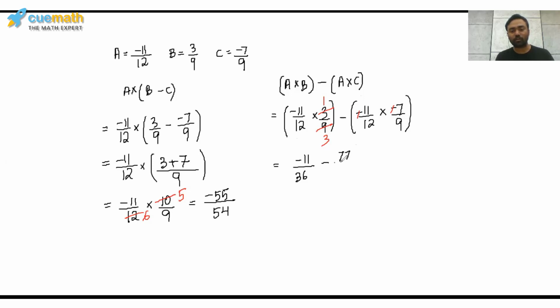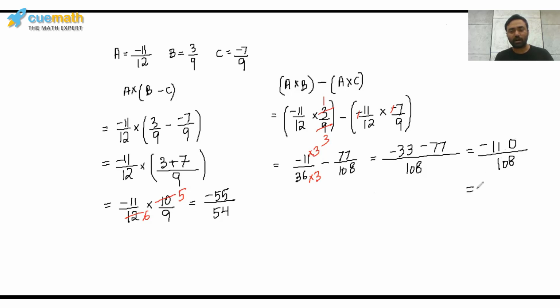which would give us 77 over 108. We just saw in the last part that the LCM of 36 and 108 would be 108, and the numerator would then become, like, here we have multiplied 3 and here 3 as well. So the numerator would become negative 33, negative 77. If we solve this part to get the value of this expression, we are going to get 77. So 7 3s are 10, and then 110 over 108.